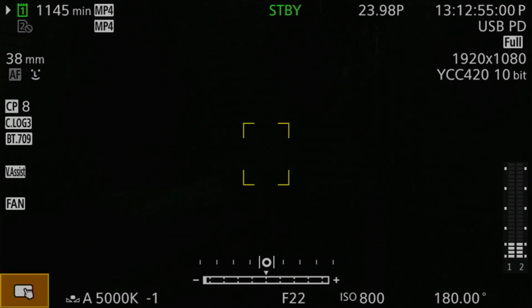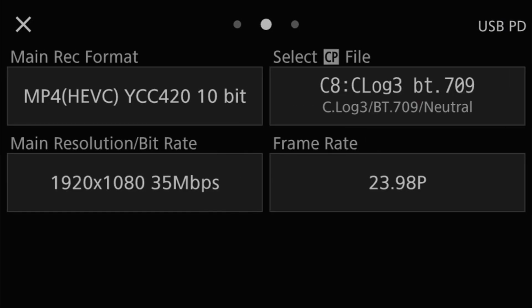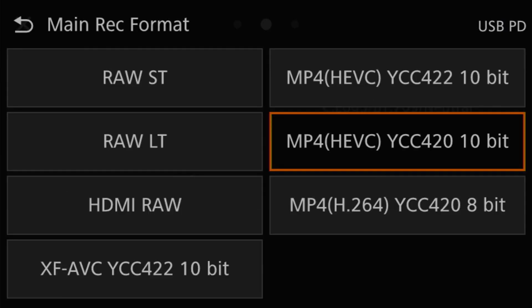Now in the R5C, HDMI Raw is actually a part of the compression method selection. So it's completely different in that respect from the R5, which is why I didn't include it in the R5, and that was what I was alluding to just a second ago when I was talking about how I put this together. It was not quite as planned out as maybe I should have had it. In any event,